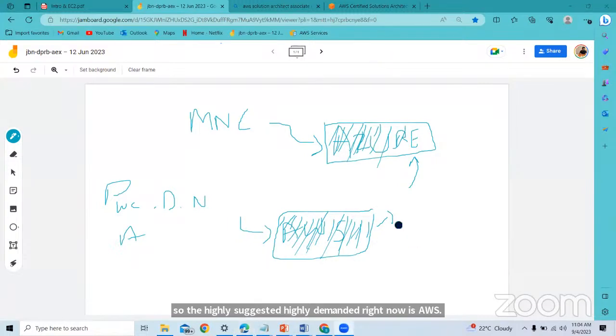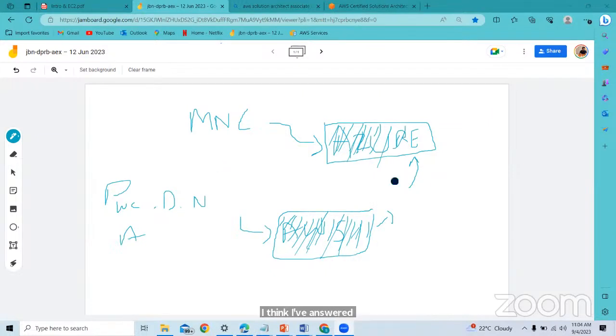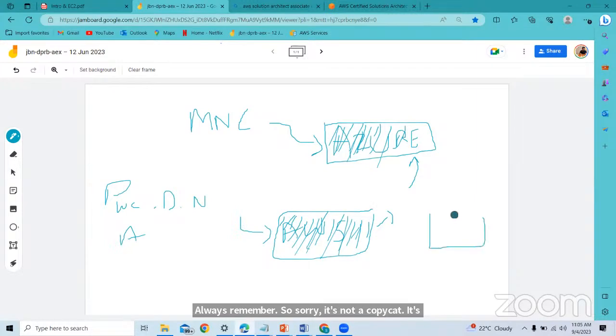I think I've answered it, Manoj, for you. Yeah, AWS is in good demand. If you learn AWS, GCP is just a copycat of AWS, guys. Always remember. Sorry, it's not a copycat, it's an exact replica of AWS. I'm still looking into it, but just by looking at the services, I got to know that GCP is a replica of AWS, so you don't have to spend time again on GCP. Azure has only a little bit of difference, let's say 30%. So I would suggest always starting with AWS. If you know this, you can get into any of these.